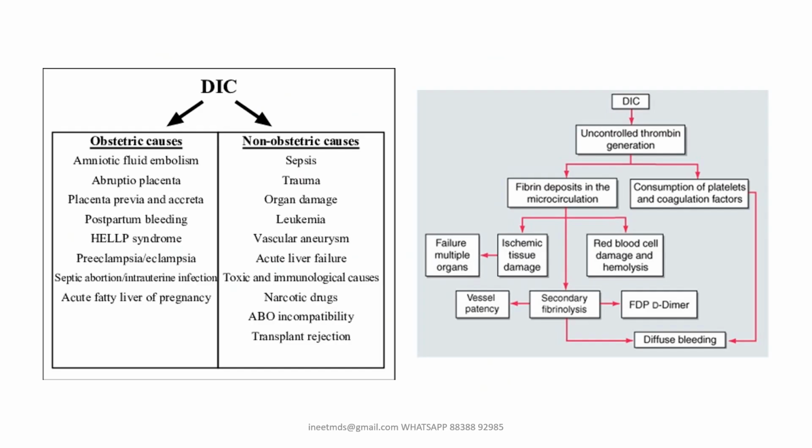DIC can be because of various causes. You can group them broadly as obstetric causes and non-obstetric reasons. There are various obstetric reasons that are very common for DIC, and apart from that you have other reasons also. What happens in DIC is uncontrolled thrombin generation. Because of that, there is fibrin deposition in the microcirculation leading to ischemic tissue damage, finally leading to multiple organ failure. Also, because there is consumption of platelets and coagulation factors, the patient will end up with diffuse bleeding. When there is fibrin deposition, there is too much fibrin in the blood,